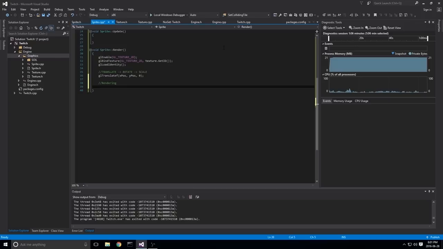And again, we have to do this because we don't know who set the color last time, and we don't know what the color is currently set to. So we need to say color 4F, and we'll do 4F because we do have the ability to do alpha here. But again, we're just going to do full alpha for now, just because we don't really have any way of tracking the current alpha yet.